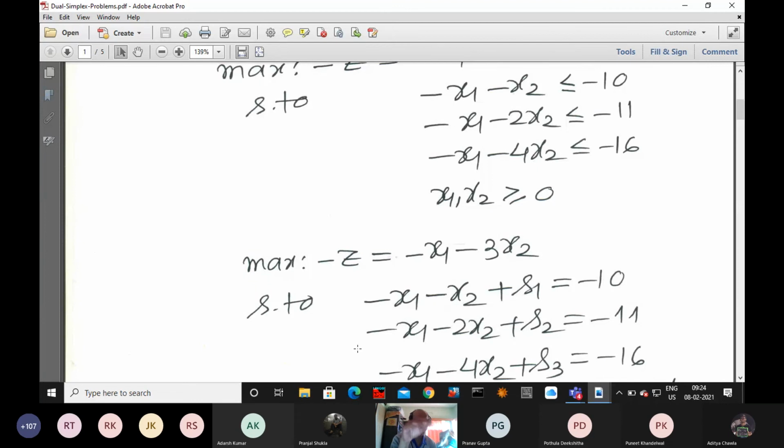See, when you solve a problem, a question is given. So now what you will do? You will see which problem is becoming convenient for me to solve. Generally, more variables or more constants. More variables, the table sometimes becomes bigger. Even with only two variables, sometimes you can use the graphical method if you can express it, but we are not bothering about that. We are bothering whether a given solution is optimal or not. If it is not optimal, then what is the optimal solution? That is the query.